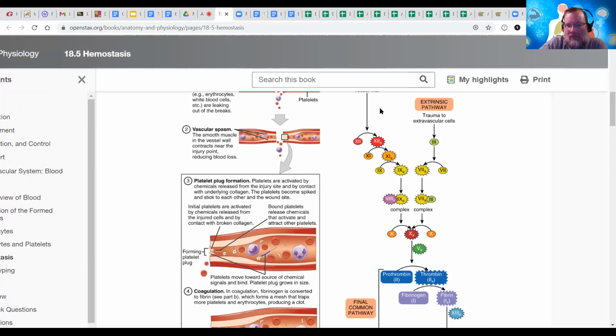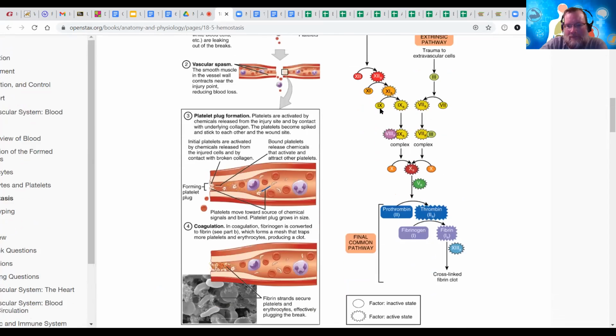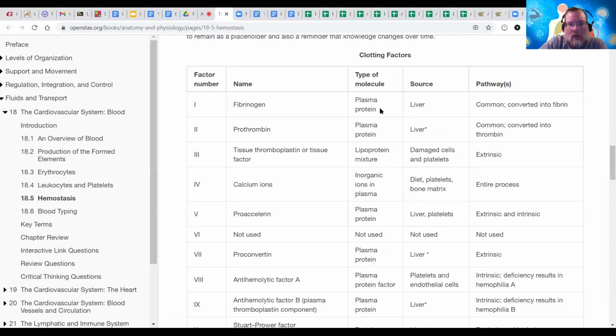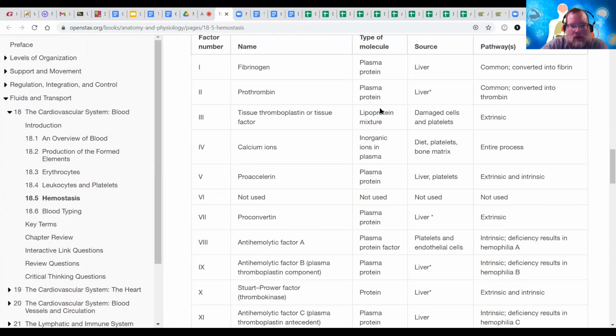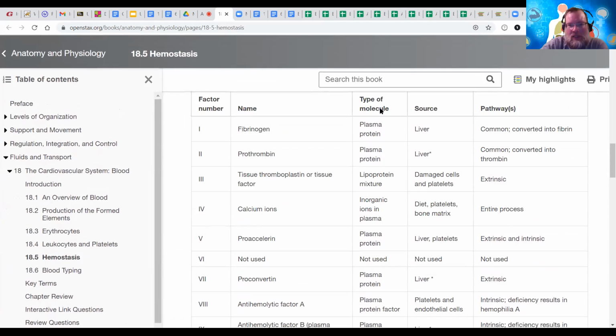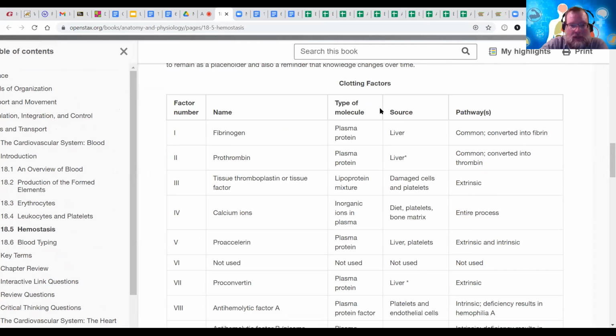Here's clotting factor 3. There we go. So here they are. Here are all the clotting factors. You've got 13 of them. Do you guys need to know these clotting factors? No, definitely not. However,